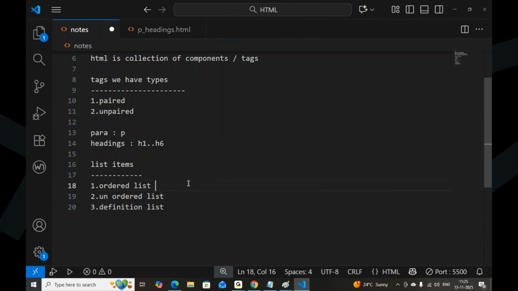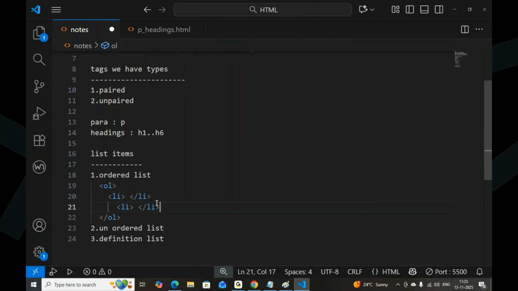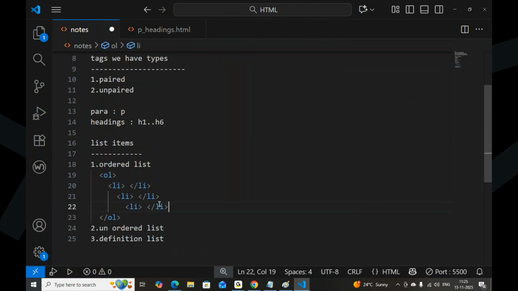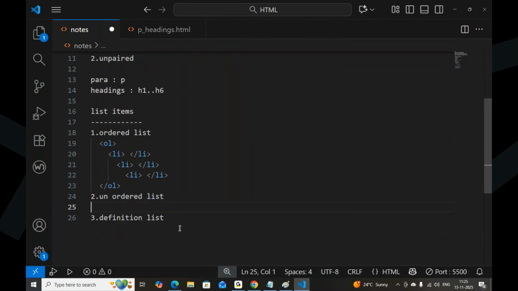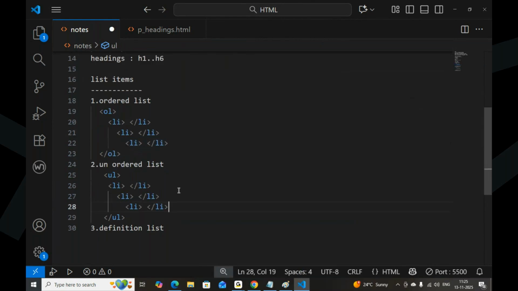What can an ordered list contain? An ordered list is written with the OL tag. Inside that we have LIs. Unordered list, UL tag, and for the UL tag also, you will be having different LIs.